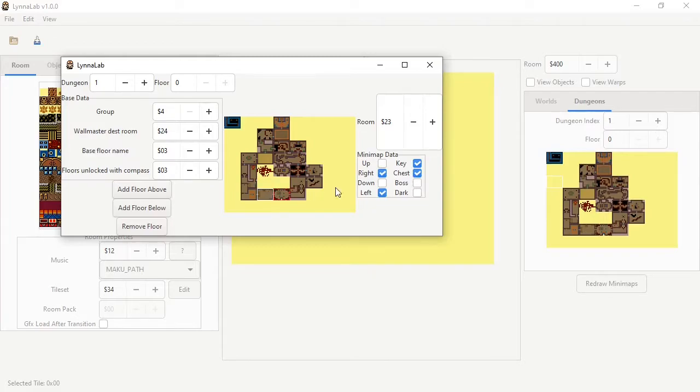there's something here. By the way, I think all this key checkbox does is play the compass chime when you enter the room. I think that's all it does. Boss, oh yeah, this shows you a boss icon on the minimap, so that's here. You have this checked. And dark, this isn't really a dungeon thing,